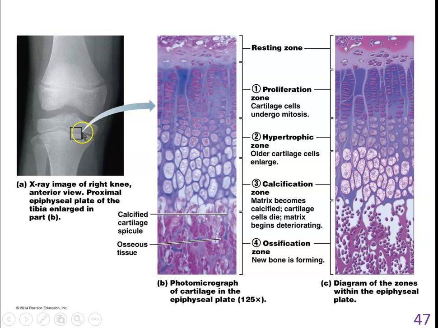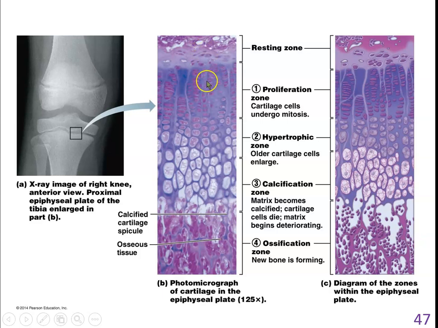And you can see the epiphyseal plate because it's not bone, so it doesn't show up on an X-ray. So in this X-ray, it shows up as a space. And again, we have the resting zone. This would be hyaline cartilage up here. Proliferative zone, where the cells are rapidly dividing and